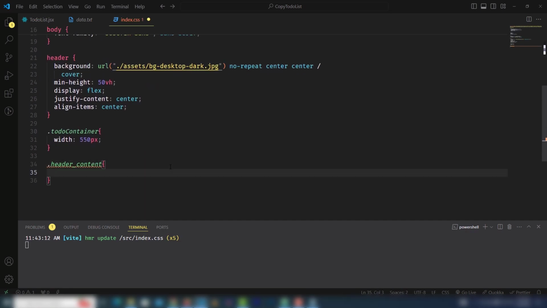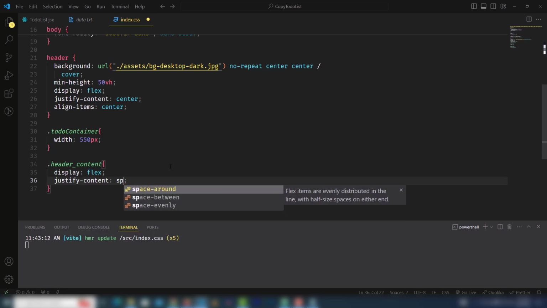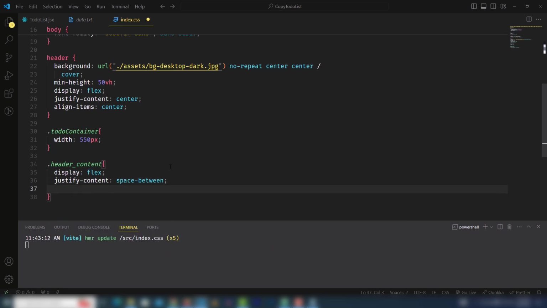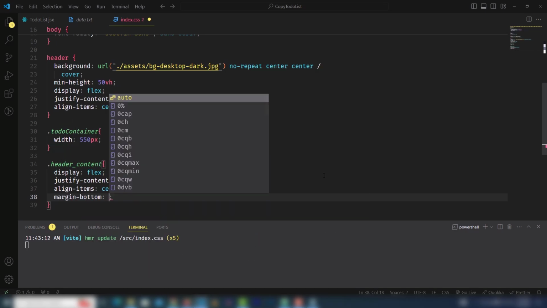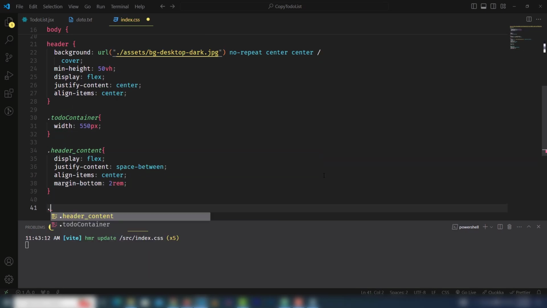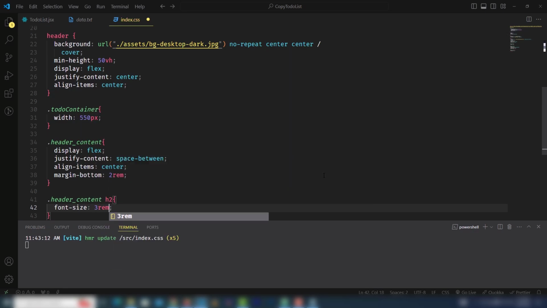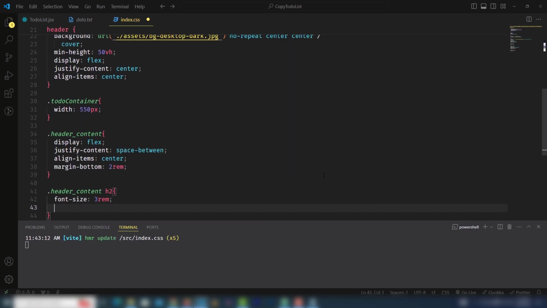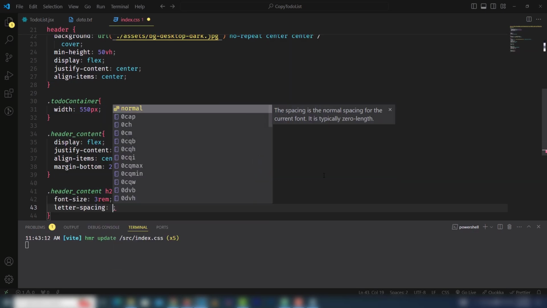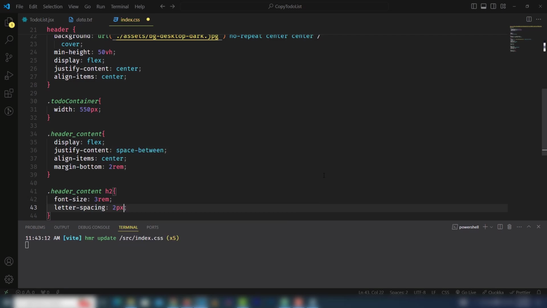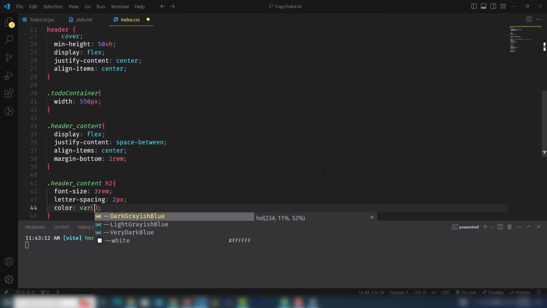And the header content you need to use display property flex, justify content space between, and by the way, align item center. Inside the header have a font size of the to-do text 3 rem. Letter spacing I will use 2 pixel, color white,